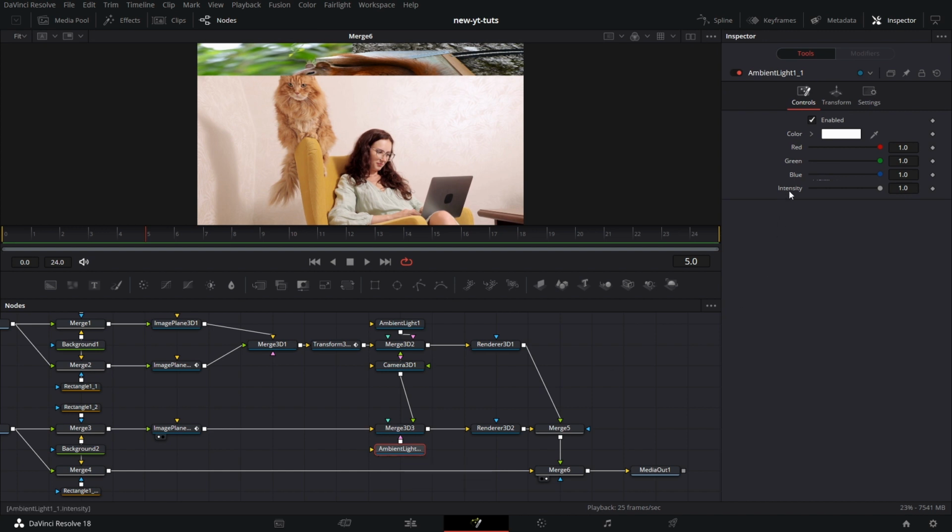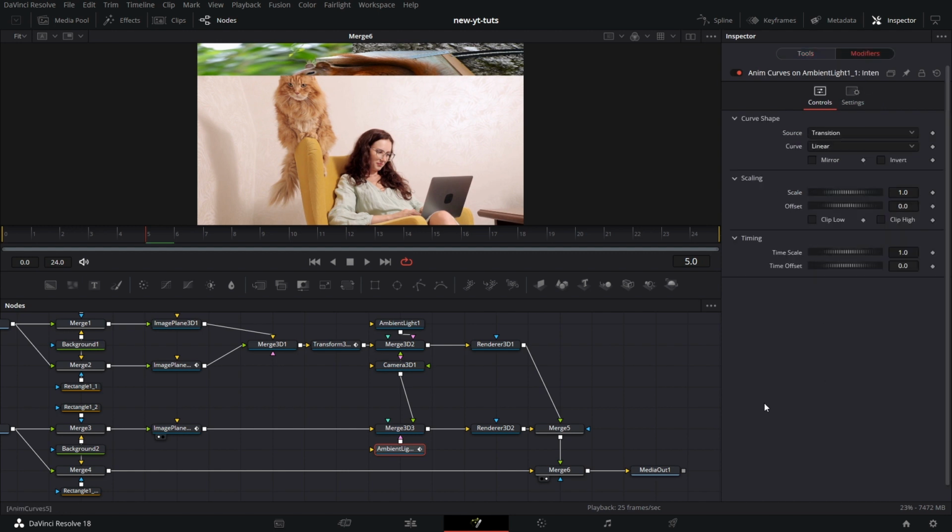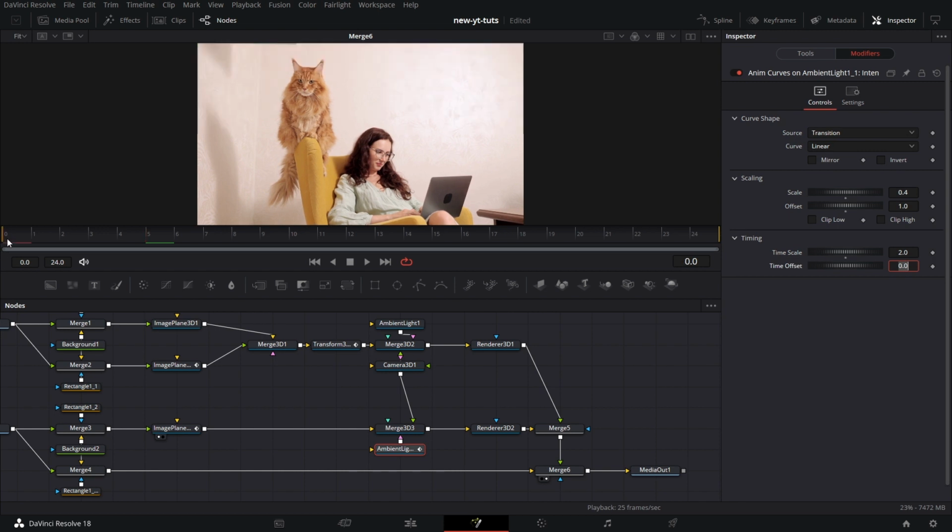Right click on intensity, modify with Anim curves. It's a bit of a hack, right? That's what I'm laughing about. So it starts from when intensity is 1 and it drops to, let's say, 0.4. So we make that because we want this to happen at the first half of the animation, right? So if we go share and play that now,